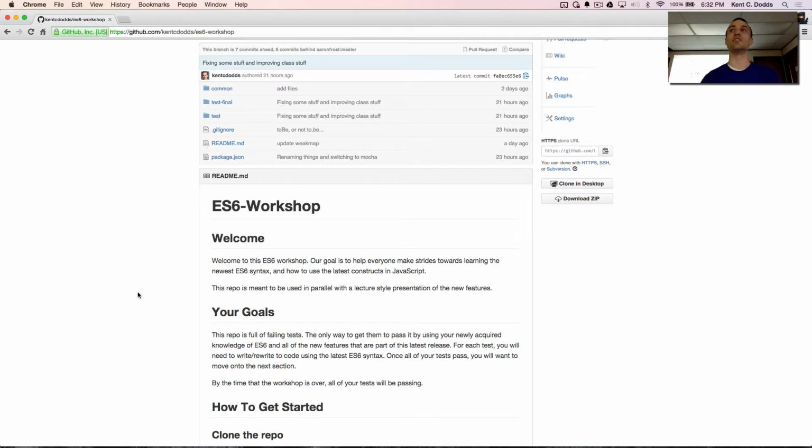Basically ES6 or ES 2015 is the next version of the specification upon which JavaScript is implemented. There's a whole history about why it's called ECMA. It's just a specification, and then browser vendors will take that specification and implement it in their browsers. And so it defines what you write when you're writing JavaScript.